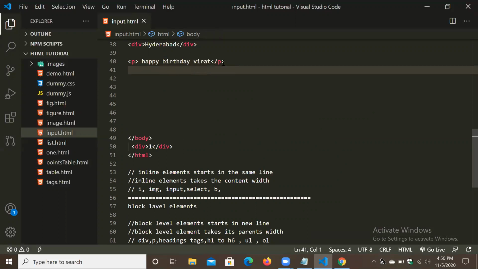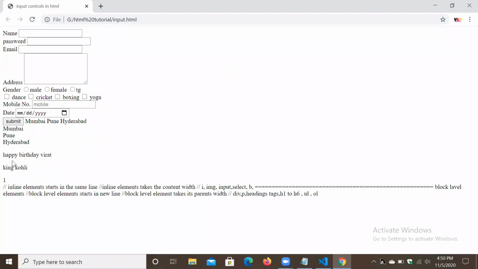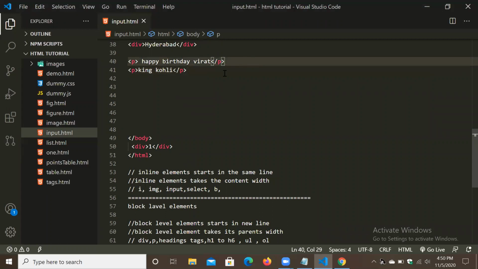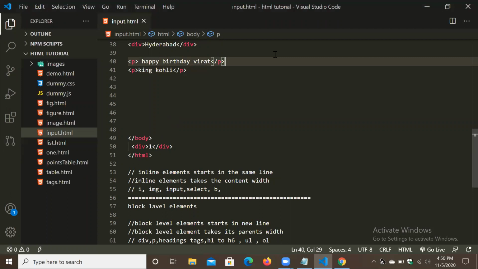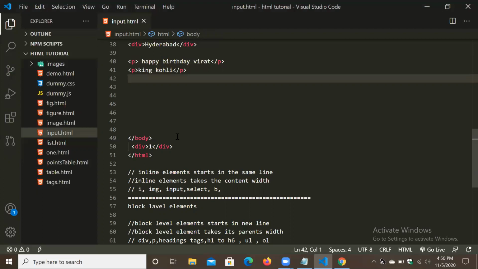Again one more paragraph, King Kohli. Control S, refresh. What happened? Happy birthday Virat came in one line and King Kohli came in another line because paragraph is a block level element. And again one difference: in div they came line by line, but paragraph also came with some padding. So paragraph has some default padding.